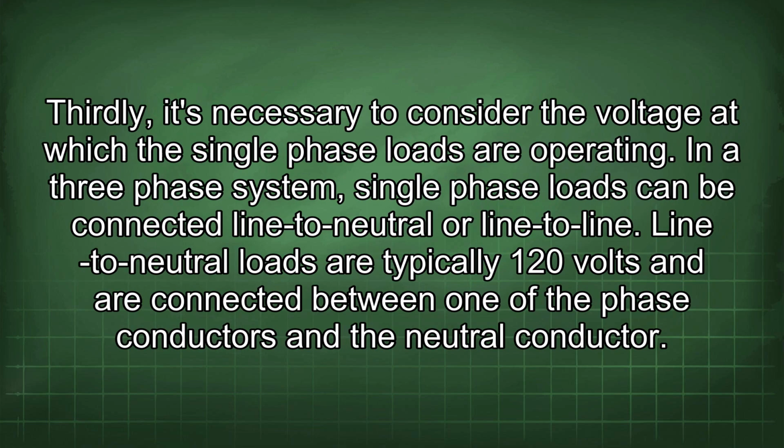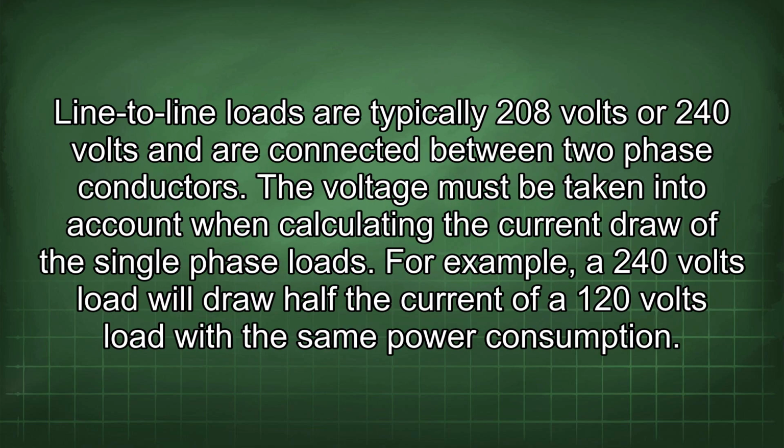Thirdly, it's necessary to consider the voltage at which the single-phase loads are operating. In a three-phase system, single-phase loads can be connected line to neutral or line to line. Line to neutral loads are typically 120 volts and are connected between one of the phase conductors and the neutral conductor. Line to line loads are typically 208 volts or 240 volts and are connected between two phase conductors. The voltage must be taken into account when calculating the current draw of the single-phase loads. For example, a 240 volt load will draw half the current of a 120 volt load with the same power